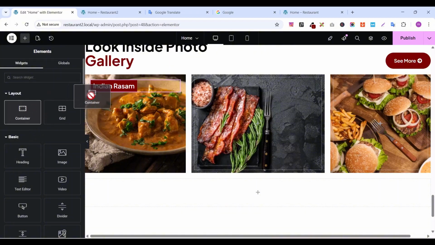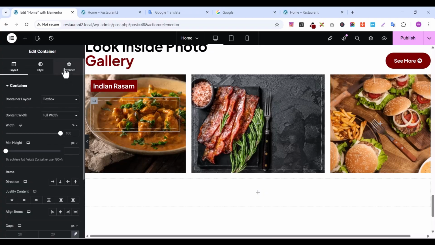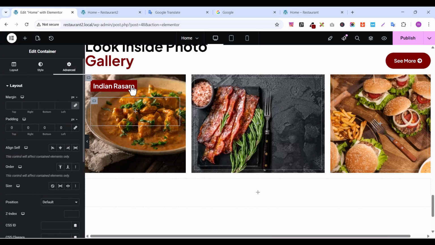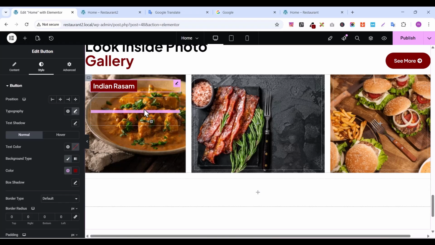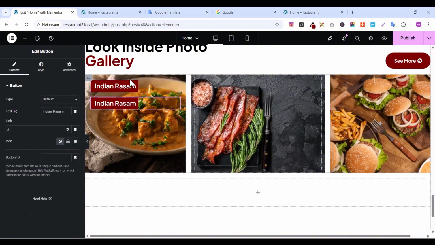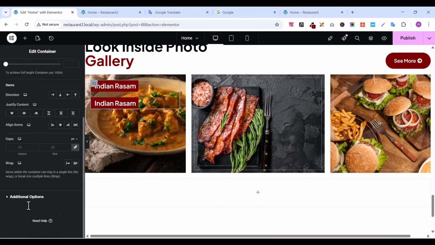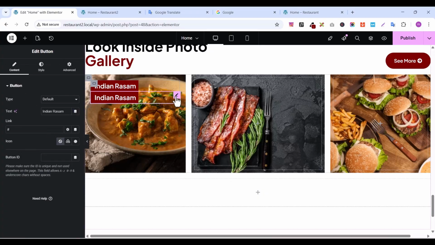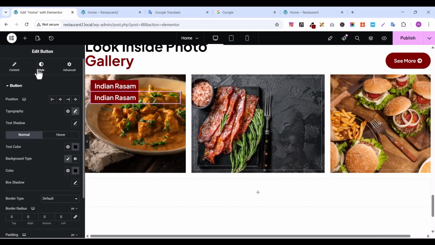Let's drag a container inside below here like this. Select the container, go to advanced, remove the padding, then drag the button inside the container like this. Good. So after that, duplicate the button here, duplicate it like this, and select that container. Go to layout, remove the gap. Good. So select the second button, go to style, change the color to white